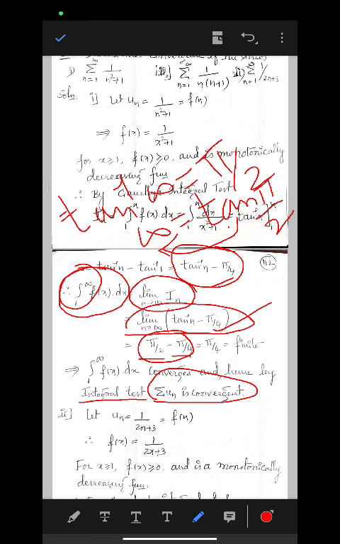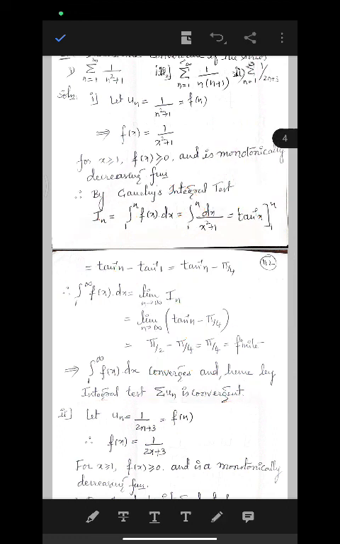Understood how to solve this kind of problem? Same procedure. First take u_n, and then take f of x equal to u_n. Wherever n is there, put x. Okay, wherever n is there, put x. So f of x is equal to, you need to take, so after taking f of x is equal